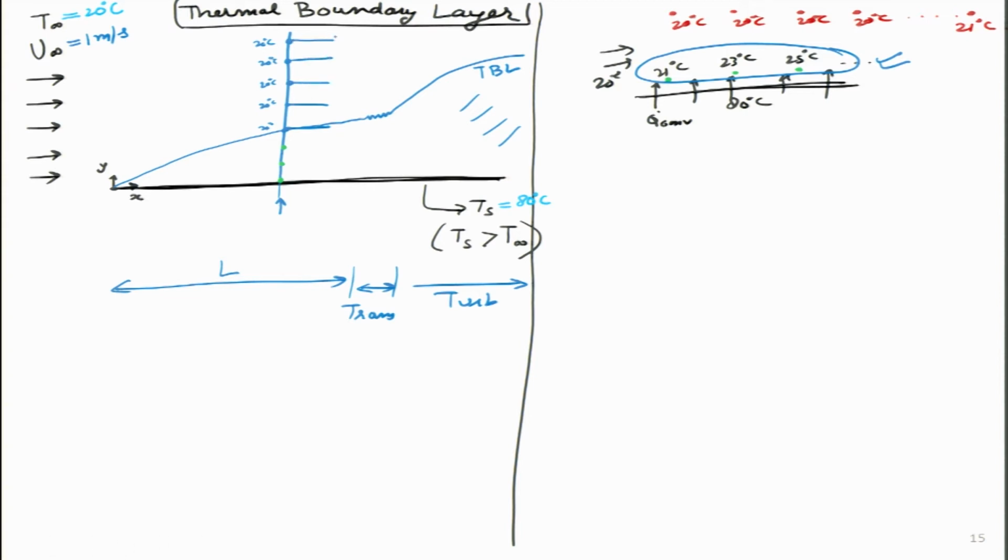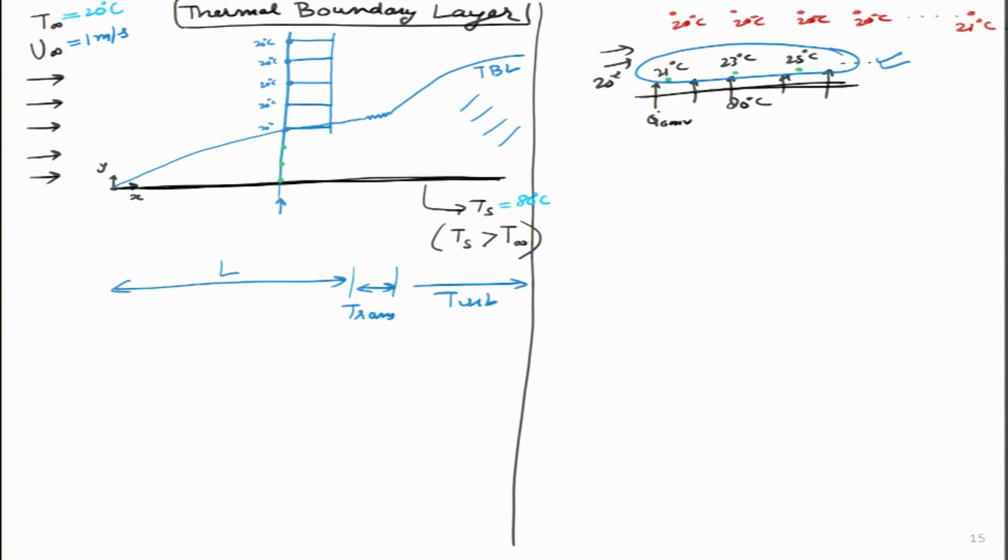The only difference between the velocity and thermal boundary layer is that I will not put the arrow, because students may recall that temperature does not have a direction. In the previous case, I could put the arrow for u as a function of y, because velocity has a direction, u is along the x direction. Temperature has no direction, so the length of these lines just represents the magnitude of temperature.